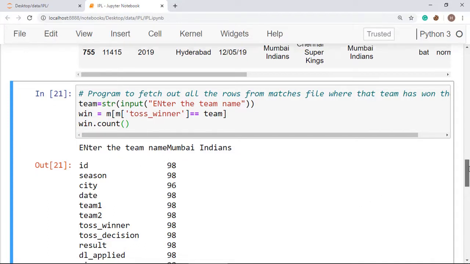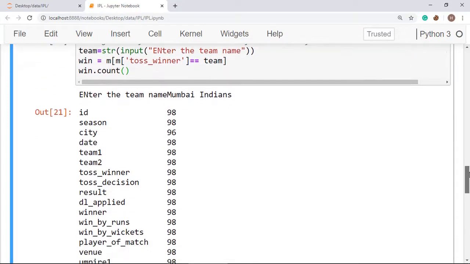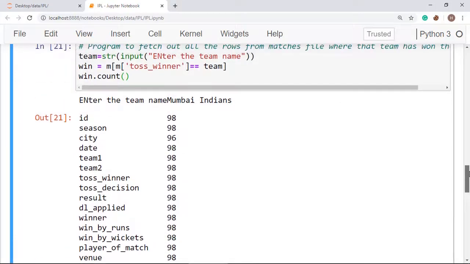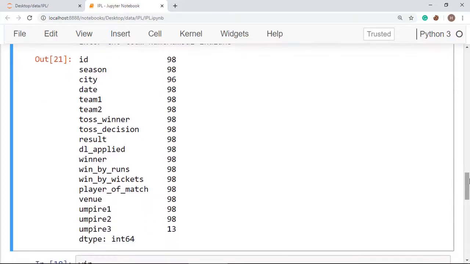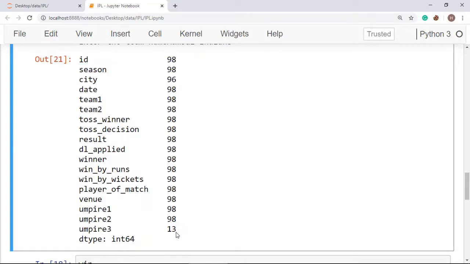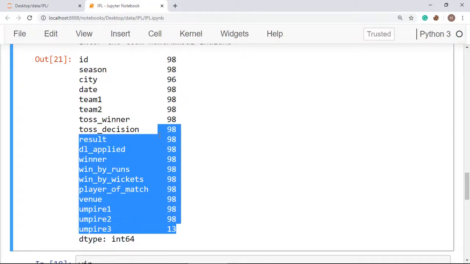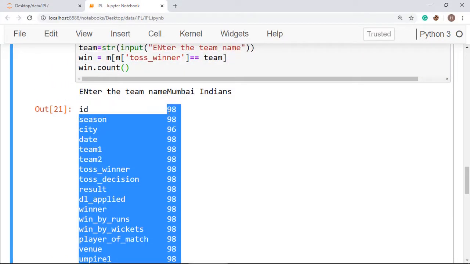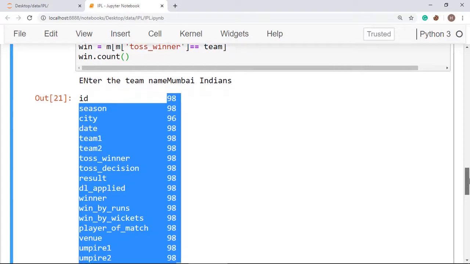So this means this team has won the toss a total of 98 times. Okay, so in this manner you can count all the things, and this one is actually showing you all the values present in each individual column. And these values are counted by unique values. So don't worry about that.